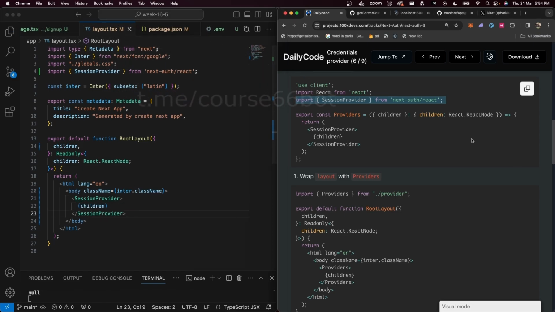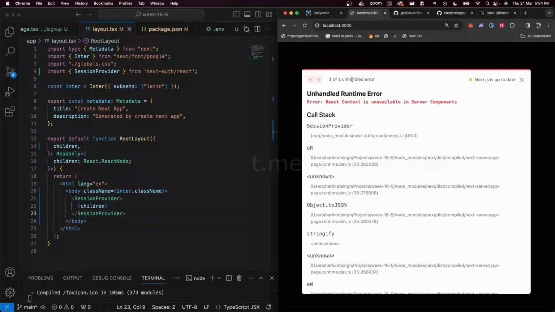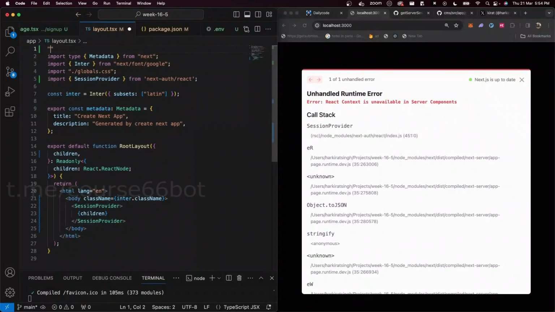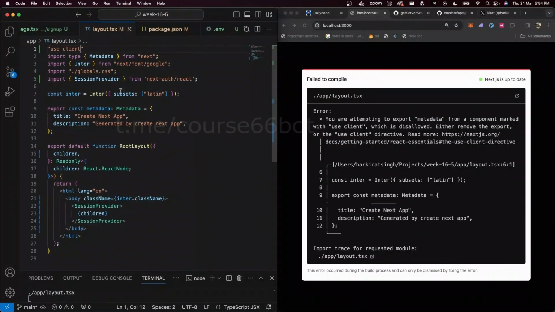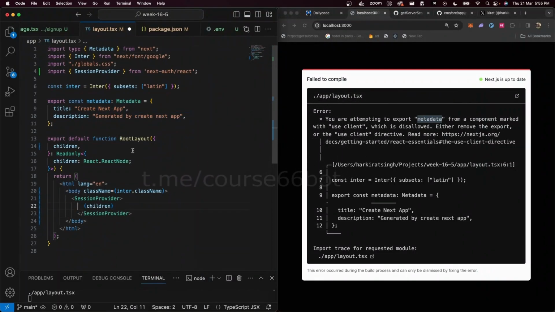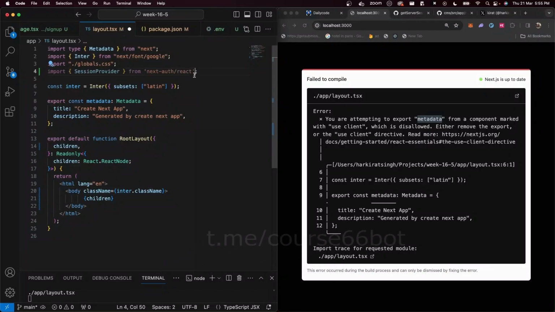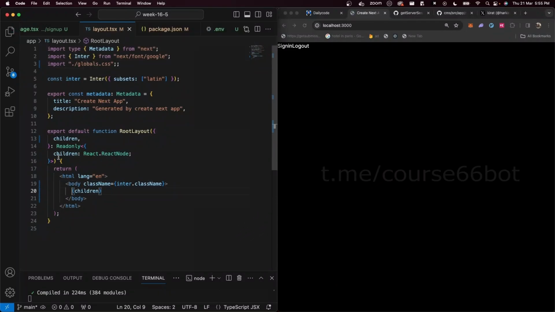If you try to do this and open localhost:3000, it will say React context is not available in server components because the root layout is not a client component. What if I make it a client component? You shouldn't, for a thousand reasons, but even if you do, it will tell you, okay, you cannot export this metadata from a client component. You need it in a server component. So generally good practice is that whatever context providers you need, be it RecoilRoot or the session provider, you put them all in